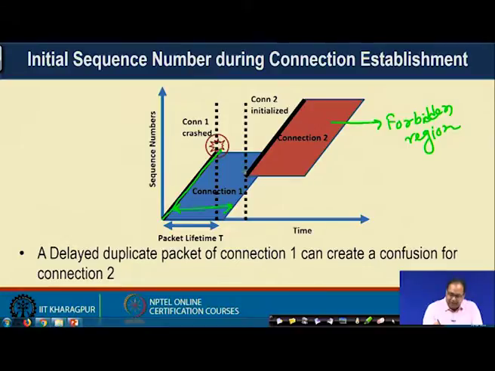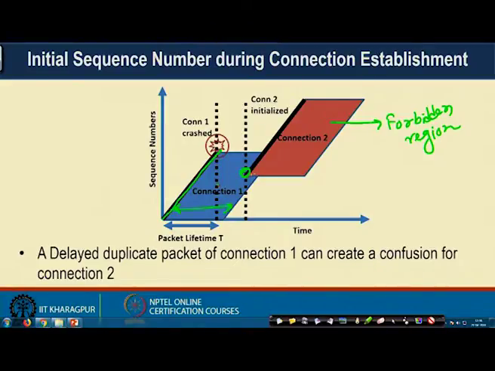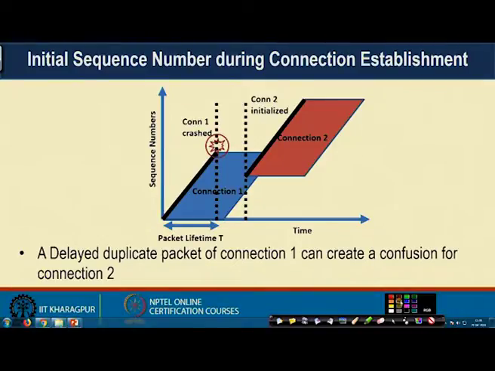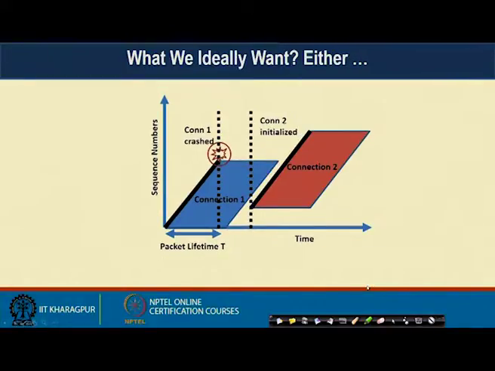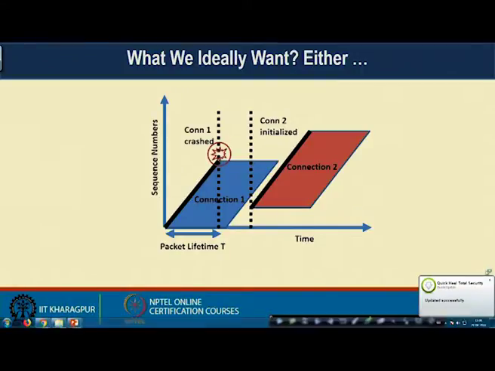Why? Because at this time instance, you may have two different instances of the same sequence number in the network. One sequence number is from the old connection, another from the new connection, and we want to avoid that. To avoid that, the solution mechanism we can employ is something like this: you make them separate with respect to time, that means you wait for some amount of time before initializing the new connection,